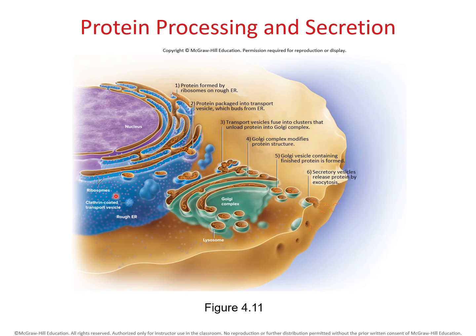Also, just notice here, the rough ER in this image is showing you that it's right next to the nucleus. This here in purple is the nucleus. And that is a really accurate depiction. In the cell, typically the rough ER is going to be actually continuous with the nucleus. The actual nuclear membrane will start to fuse with the membrane of the rough ER, so that the rough ER is actually sort of continuous with the nucleus.